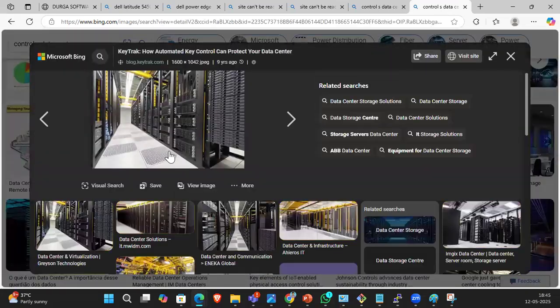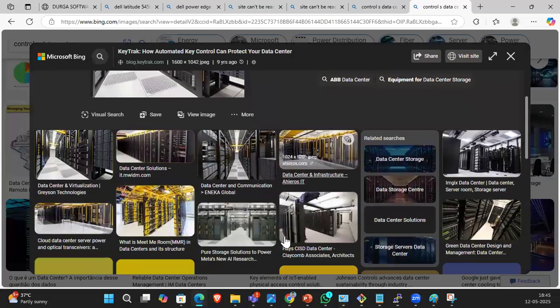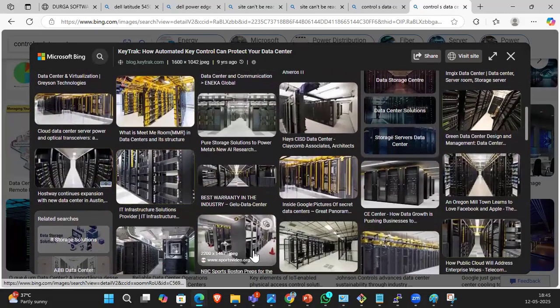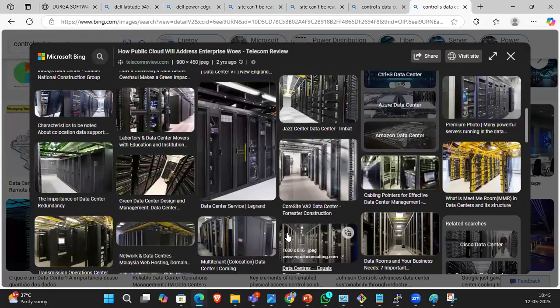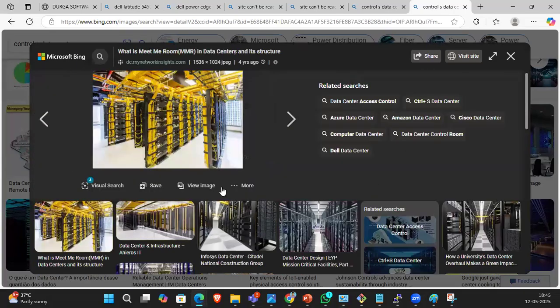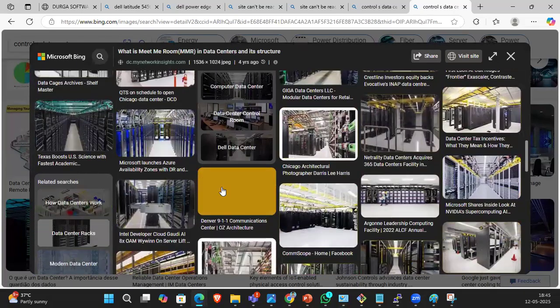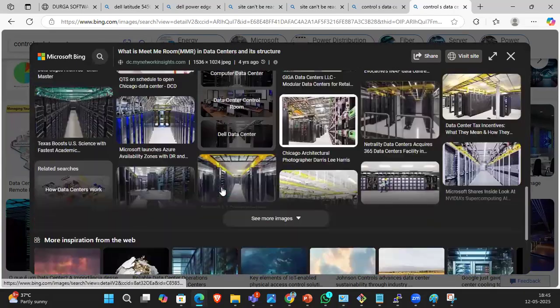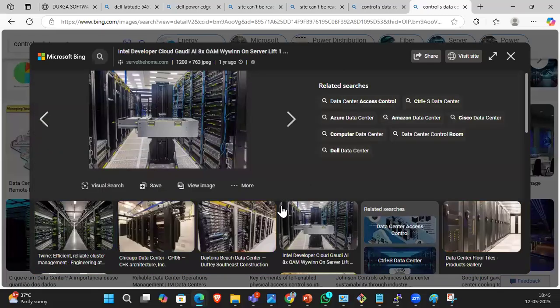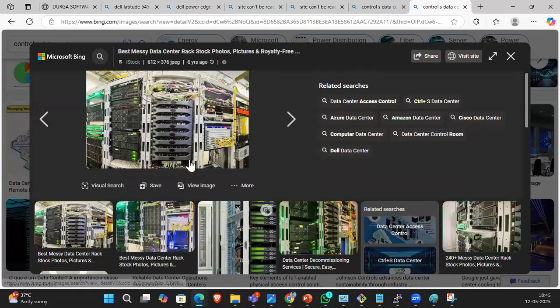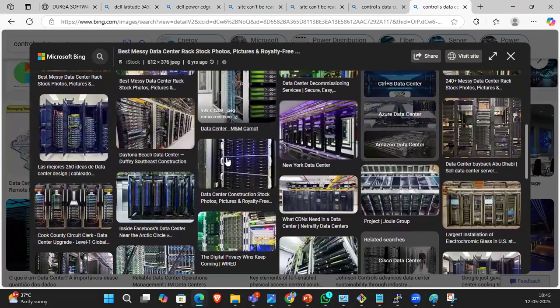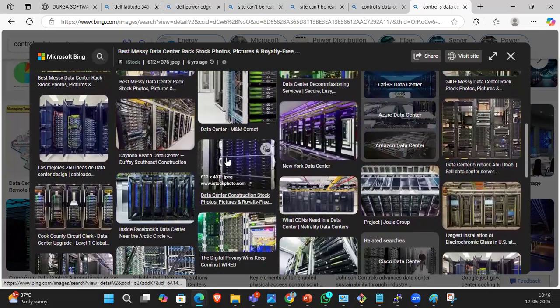So here we can keep our servers on the racks. What are they providing? They are providing the racks to keep our servers. Guys, understood? These are the racks, and we are keeping our servers in these racks. You see, these all are the servers. They are providing the rental space to keep our servers.